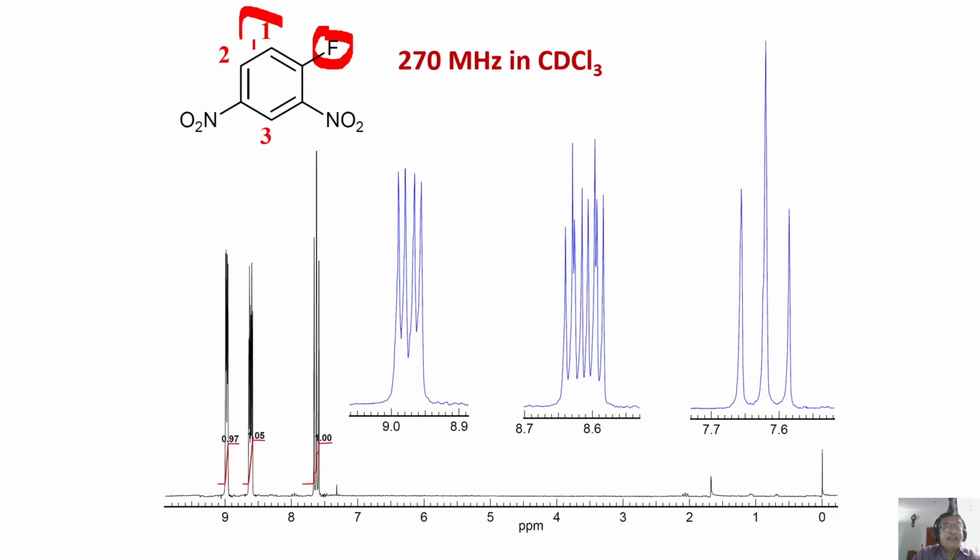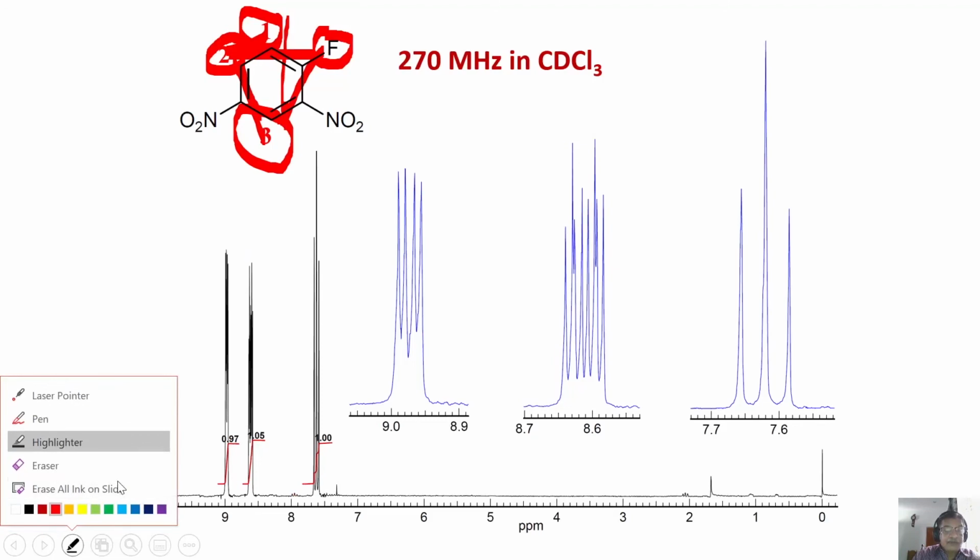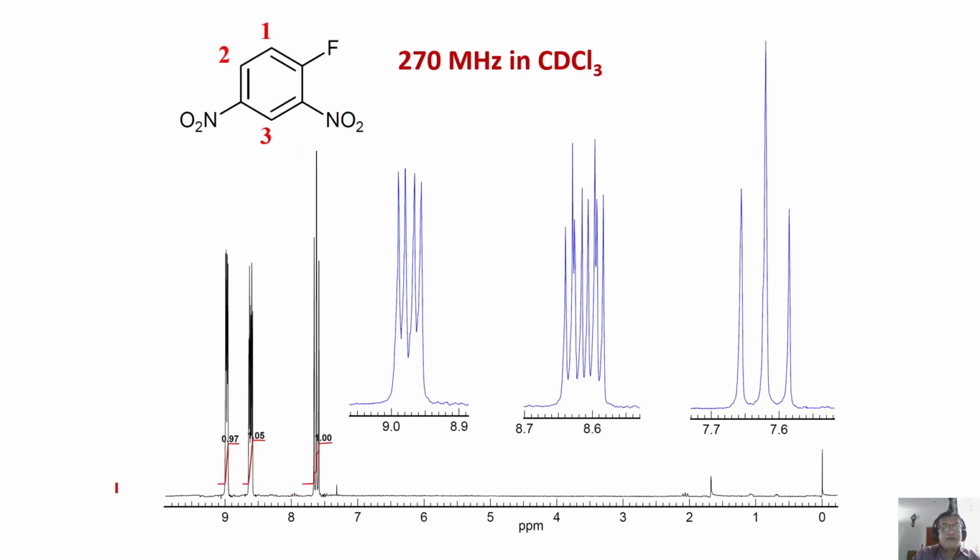But coupling between each of the chemical shift positions, which are active spins, and the passive fluorine is present. Remember, when I am seeing proton 1, you get 1 2 coupling, 1 3 coupling, 1 4 coupling, all are passive spins. When I see proton 2, this is active spin, I get 1 2 coupling, 2 3 coupling, and 2 fluorine coupling. Similarly, when I see 3, I get 3 fluorine coupling, 3 2 coupling, and 3 1 coupling, all are seen. So coupling to fluorine is visible in the spectrum. Don't forget that point. With that, now we have to analyze.